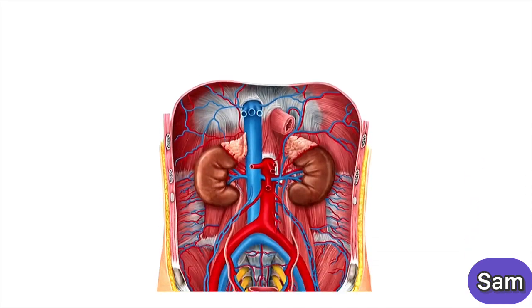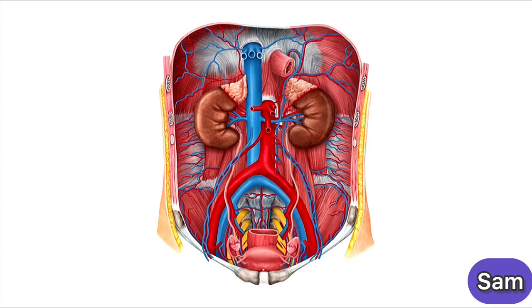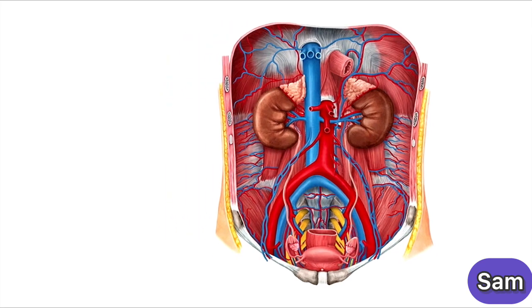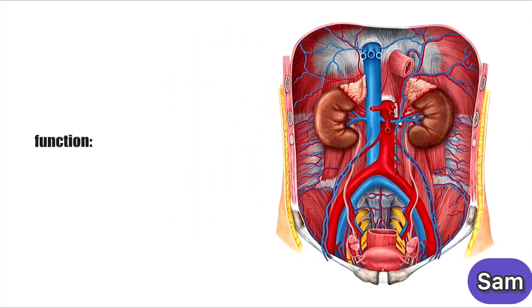And welcome to another anatomy tutorial where this time I'm going to be talking about the renal arteries, these blood vessels that supply two organs in your body, the kidneys, as you can now see on the image. We are looking at the anterior view of the abdomen if we were to strip all the organs that you can find on a more anterior side, or ventral side, of the abdomen, and we're left with then the kidneys. They're found a bit more posteriorly because the kidneys are retroperitoneal organs,